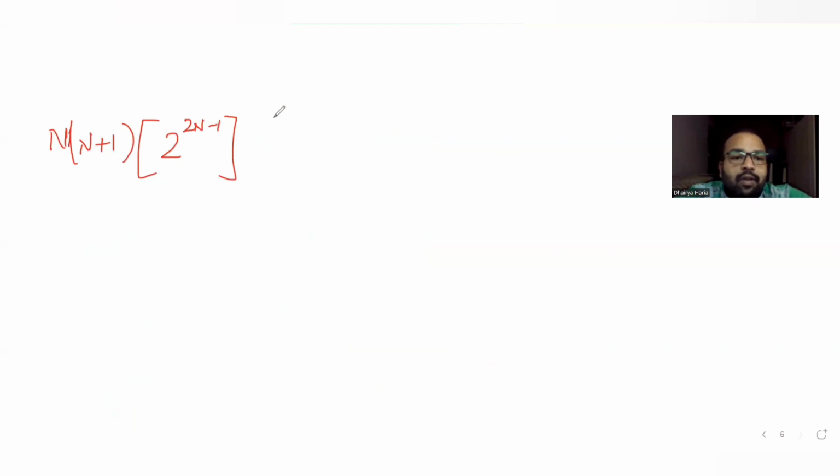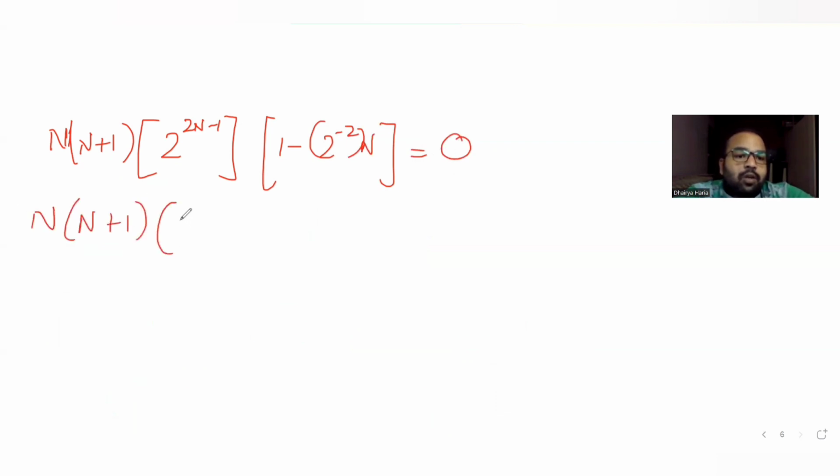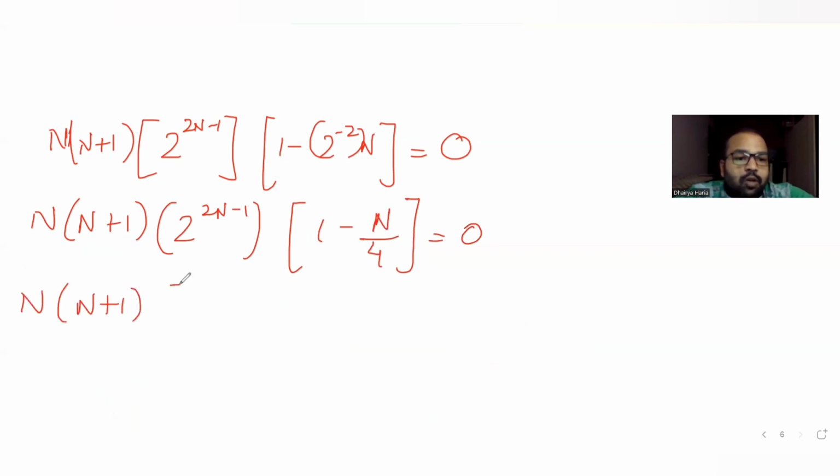So I have 1 minus 2 raised to minus 2 n equals to 0. So I see n into n plus 1, 2 raised to 2n minus 1, and I am left with 1 minus n by 4, that is equal to 0. So what I get is n into n plus 1, 2 raised to 2n minus 1 into 4 minus n